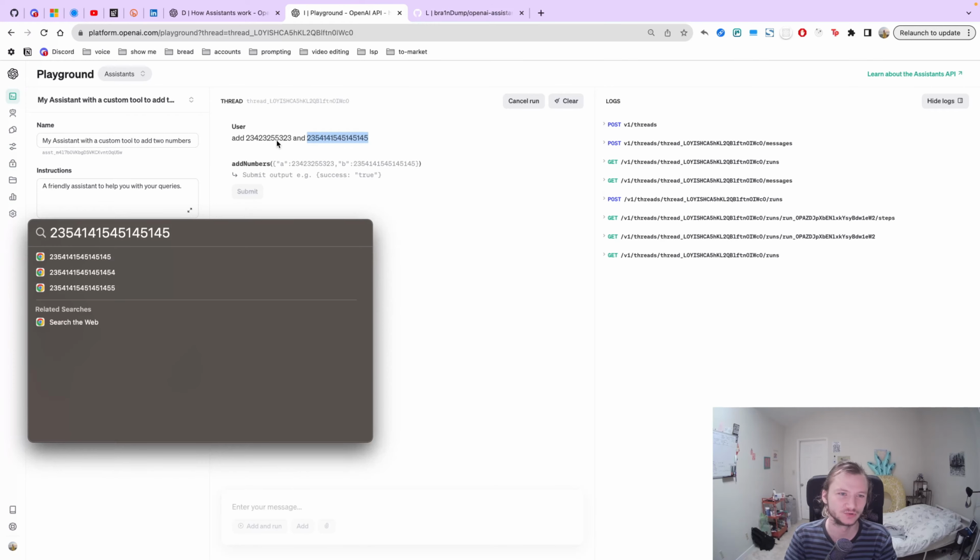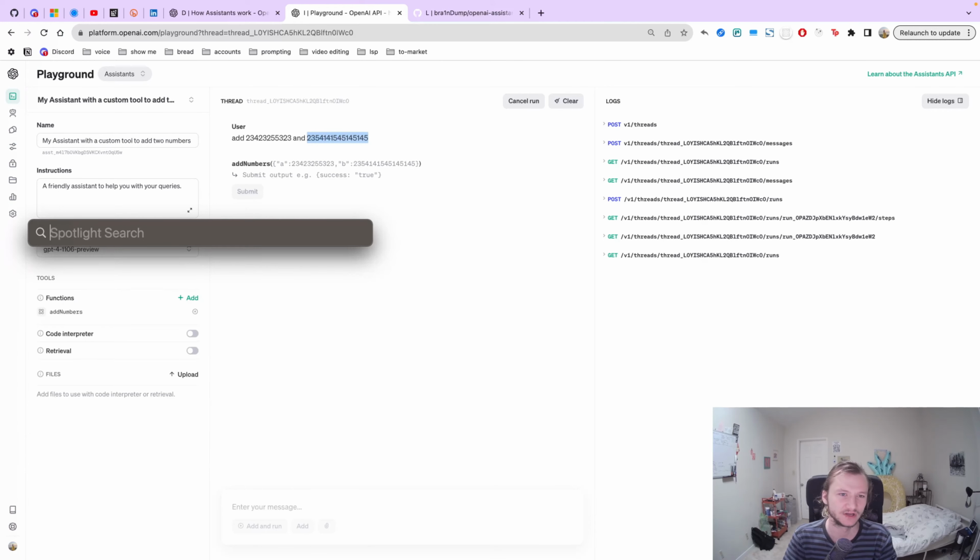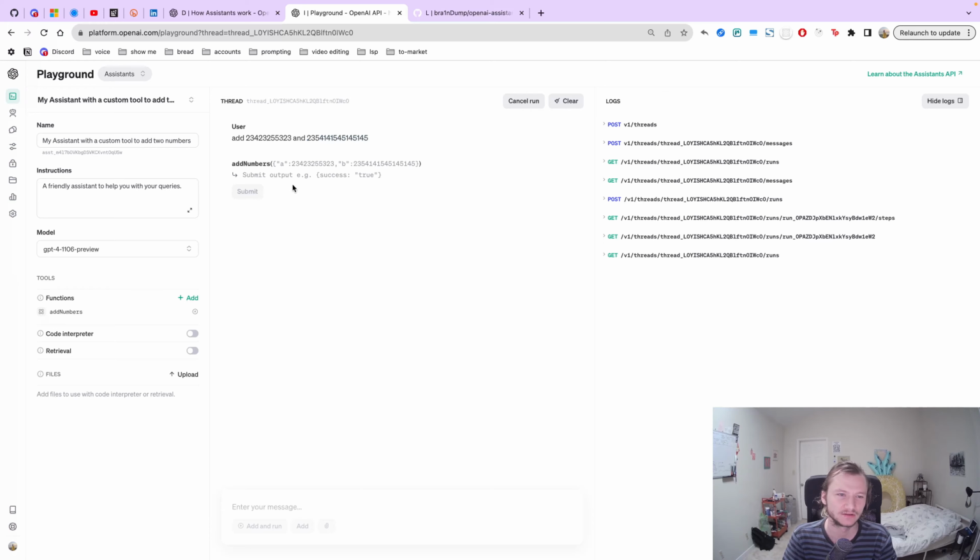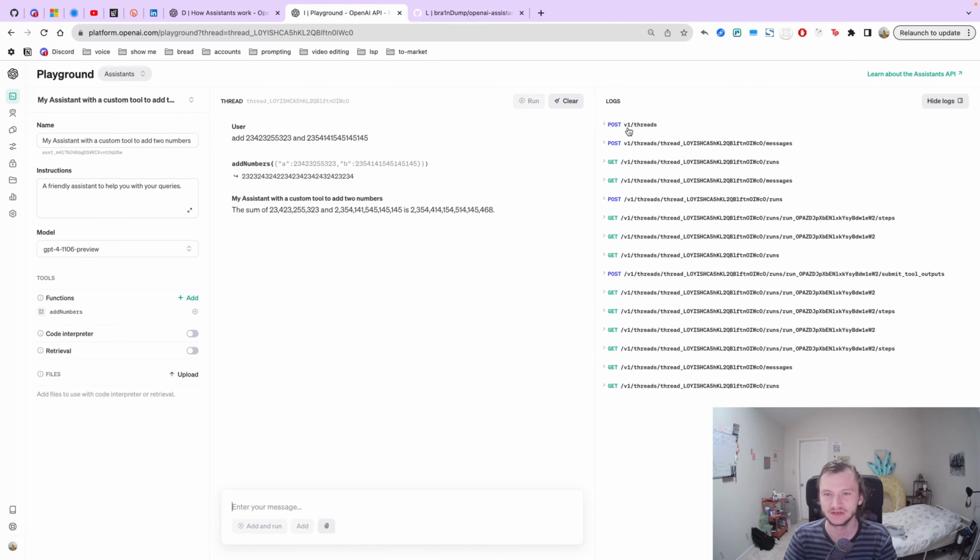But if we give it the tool, it will actually be able to add those two numbers. And right now, this just simulates the tool execution. So I can just say let's say this output is something like this, right? It's definitely wrong, right? But you simulate it, and then you can see the logs of what